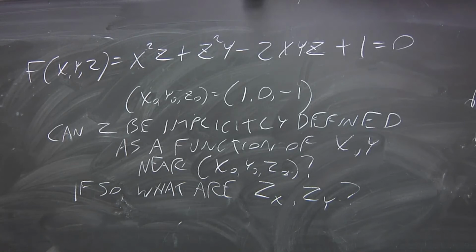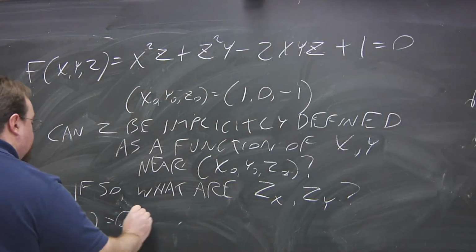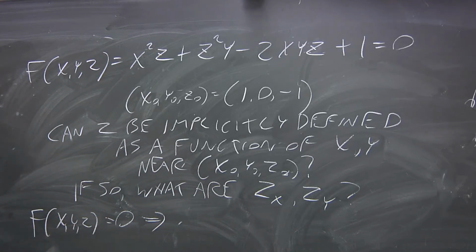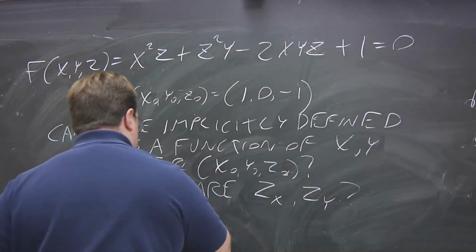So what we can do is apply the chain rule to this function, differentiating it with respect to x, and then we can go back and differentiate it with respect to y. So f of x, y, z is equal to 0. It means we take this equation and differentiate it with respect to x. Now using a chain rule, as opposed to actually doing implicit differentiation, what we get is